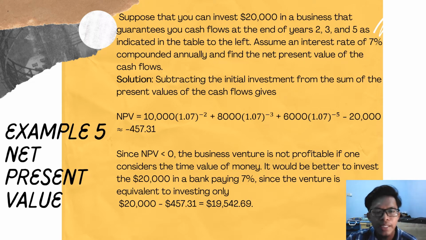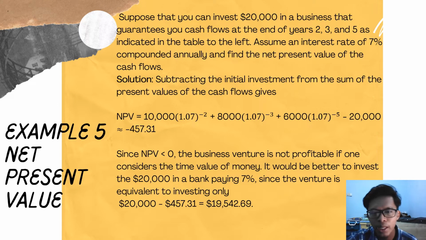So what we get is negative 457.31. So we should explain the answer, which is: since the net present value is less than 0, the business venture